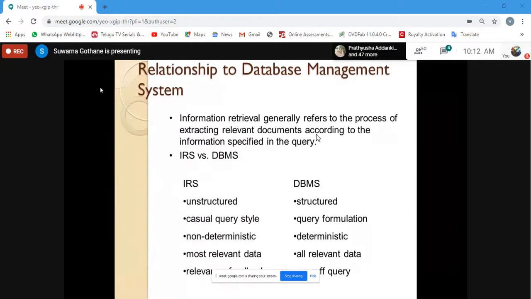So both terms are similar. IRS is also used for storage as well as retrieval and maintenance of data. The concept is the same, but there exists some difference. DBMS means structured data. Structured data means having a proper tabular representation of the data, and inside each cell particular information is stored. When you create the table and retrieve the output by firing select star from your table name, suppose student or employee, you can see the data arranged in proper cell-wise positions.